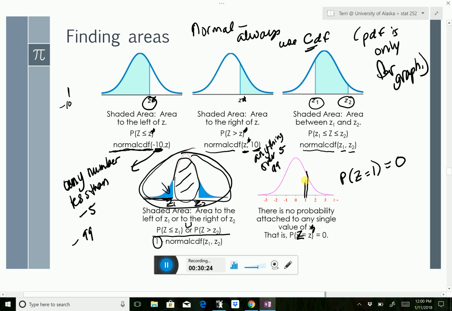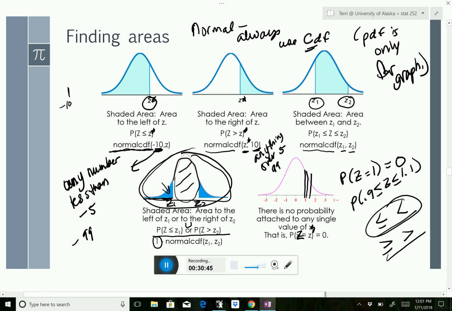I would have to do the probability that I'm between 0.9 and 1.1. And you'll notice something that I'm doing here. I'm kind of using less than or equal to and less than, greater than or equal to and greater than. I'm using these synonymously. That's because there's no single probability attached to equals in continuous distributions,